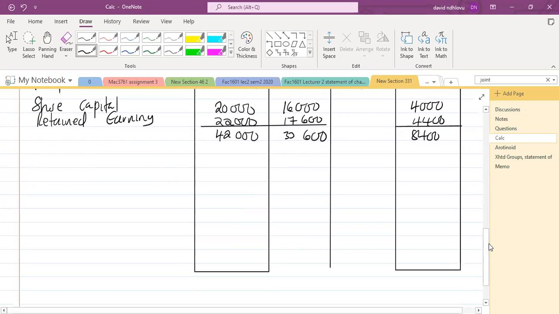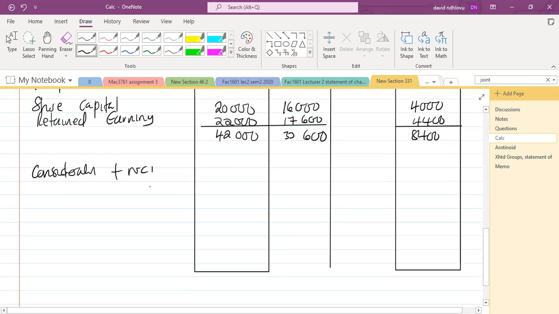Right, so our analysis is very simple. On the day that we acquired the shares, we bought shares which were worth 33,600. All in all, there was 42,000. We bought 33,600 of that, and the other portion belonged to the other shareholders who make up the 20% that we did not buy. You jump a line and then you say, right, consideration,